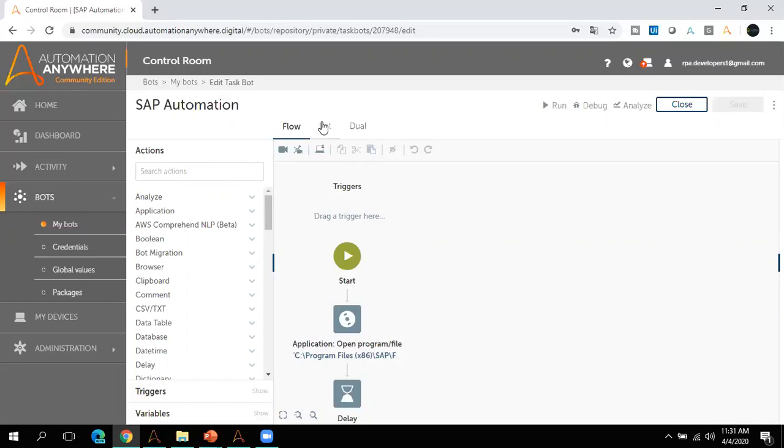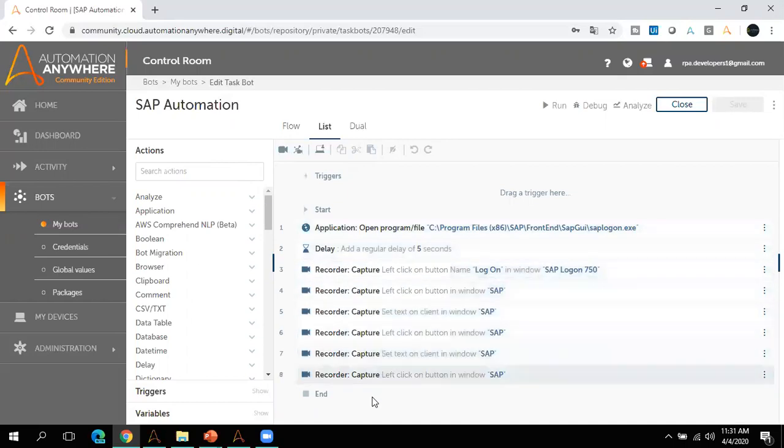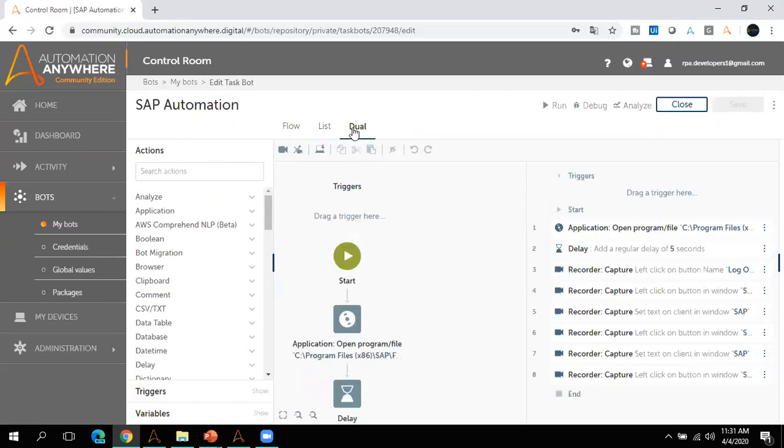If I click on the list, it will automatically change to the list. So you can see the set of commands which I have used to perform that bot, right? In case you want to see both, if you click on both, this portion is showing you the flow, and the right hand side portion is showing the commands, right? So this is the major difference.